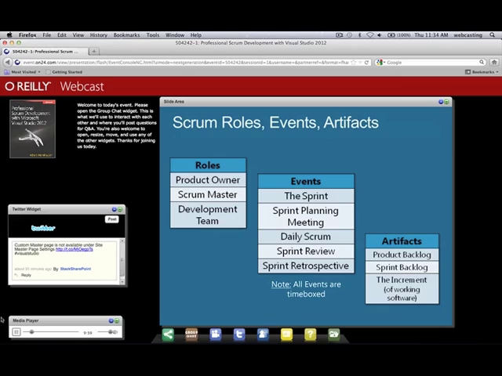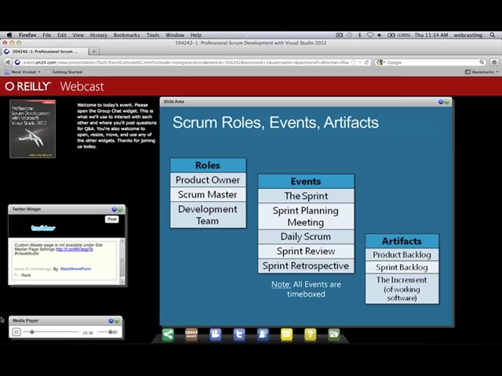Now within the sprint, there are several other events that take place. There's a planning meeting where the whole Scrum team, that's the product owner, Scrum Master, and developers, meet together to come up with a comfortable amount of work from the product backlog that they'll be working on that sprint. They forecast this amount of work, they come up with a sprint goal, and they start to form the plan in the sprint backlog. And then they'll leave that meeting and they'll go off and develop that increment, meeting each day to discuss their plan for the next 24 hours.